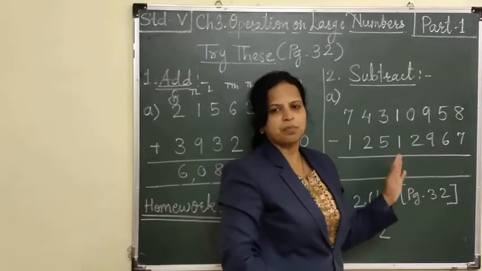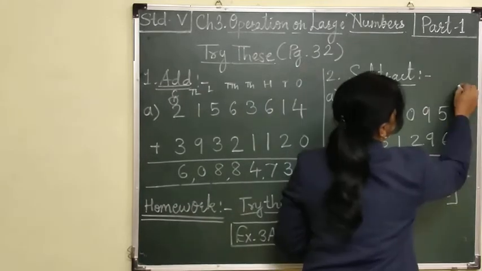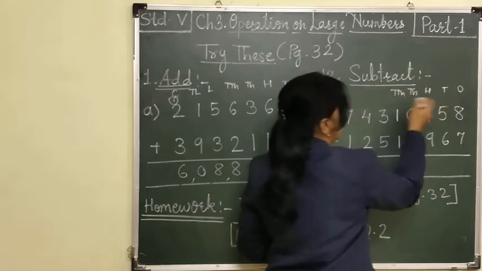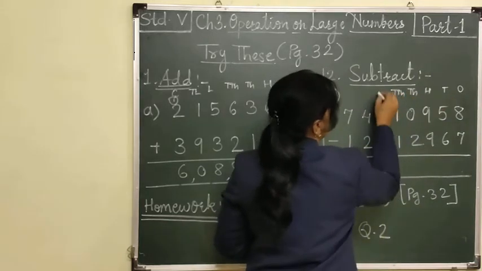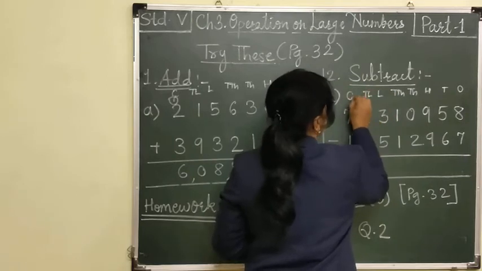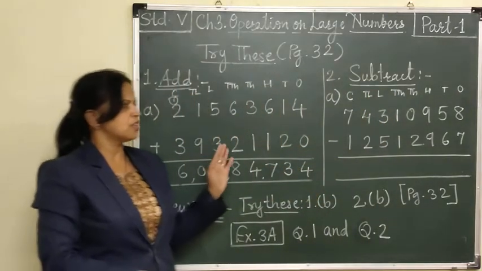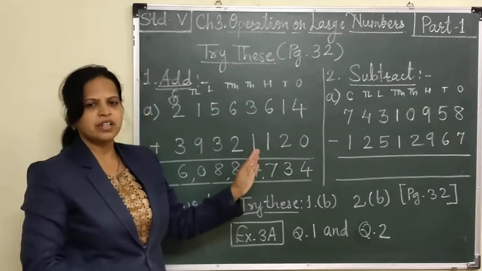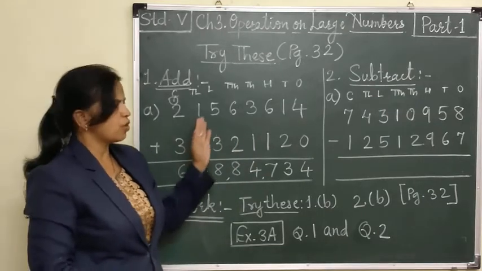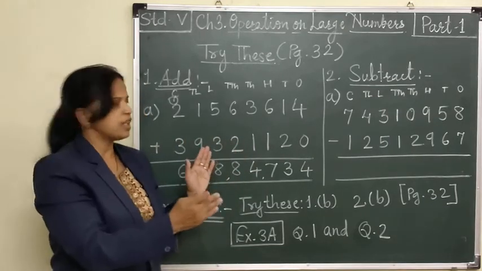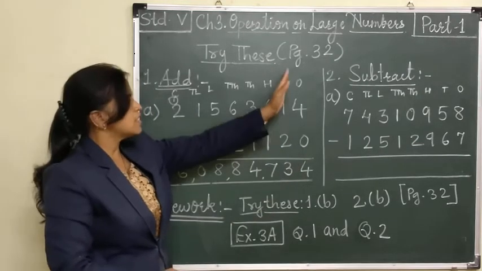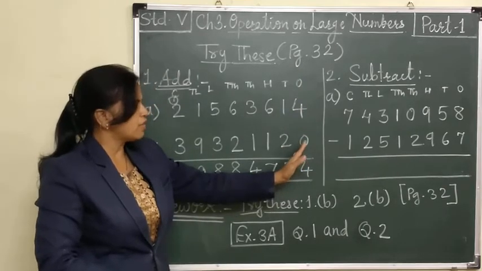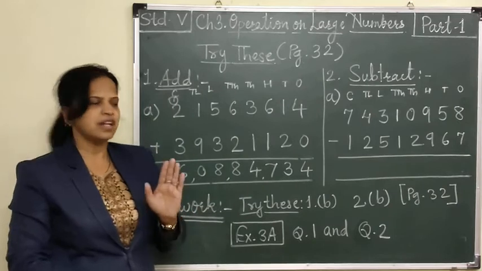Now we can do the subtraction. Here also we can write the places: ones, tens, hundreds, thousands, ten thousands. Sometimes it will be given and sometimes it will not be given. What is important is when you are arranging the numbers, they should come properly in the same column. When you are writing large numbers for addition or subtraction, arrange them in the correct columns. The ones place digits of both numbers should be in the same column, and always start from the extreme right-hand side for addition and subtraction.